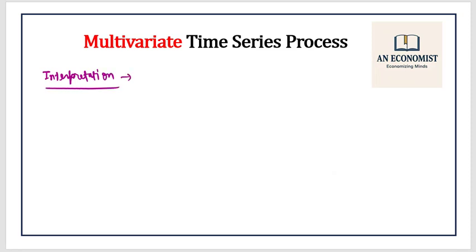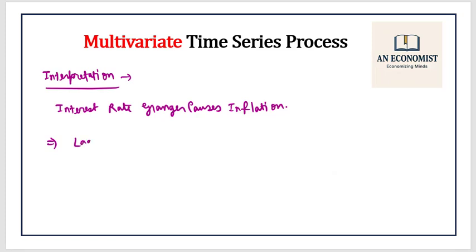Interpretation is as follows. The interest rate Granger causes inflation. Since we have rejected H naught, remember H naught means that there is no Granger causality. Since we have rejected that, interest rate Granger causes inflation, which basically means the lagged interest rate significantly improves